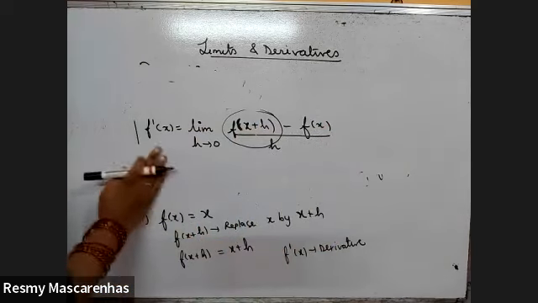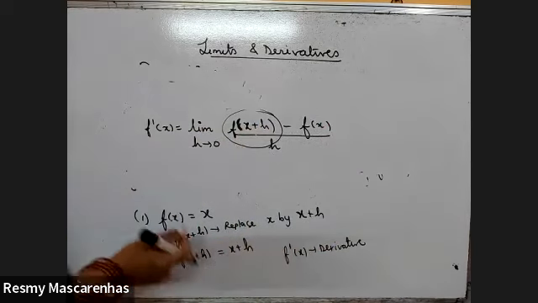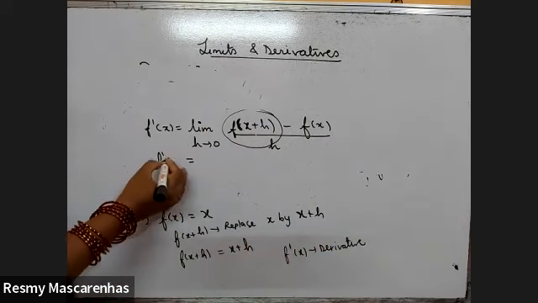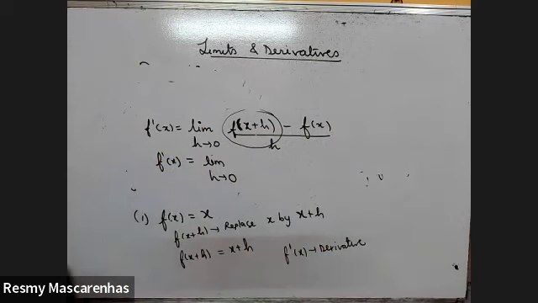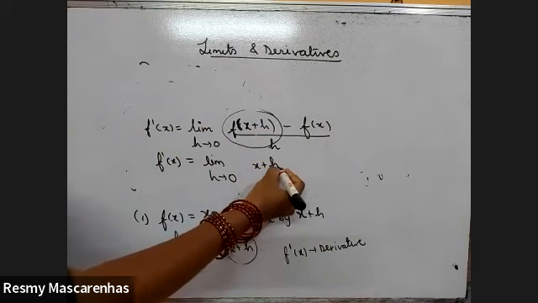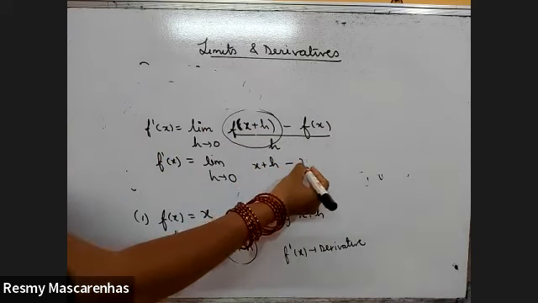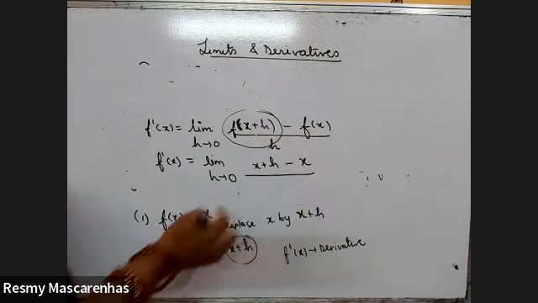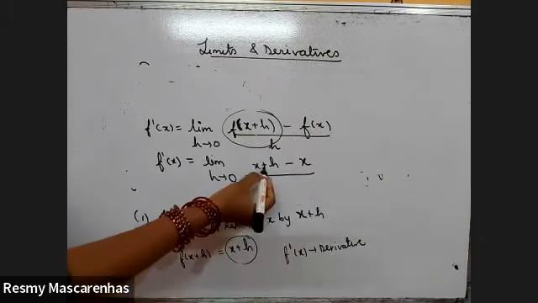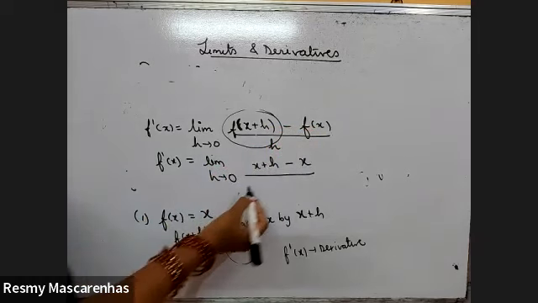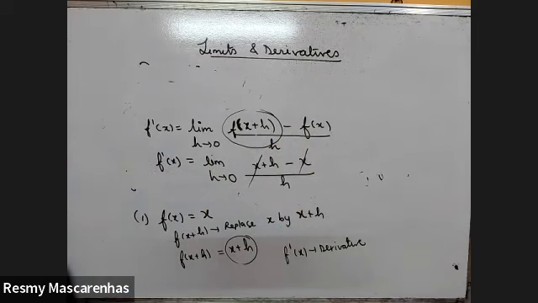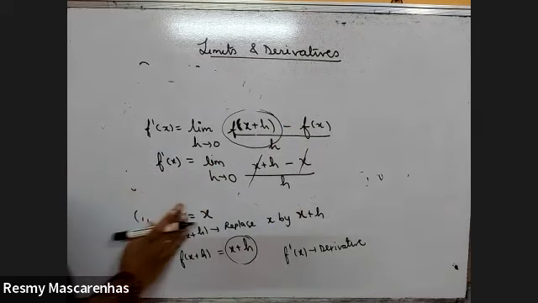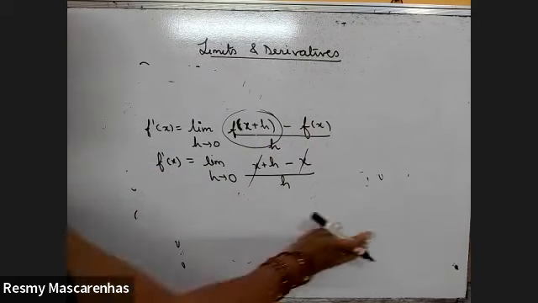Now we'll do the substitution. Write this formula here and now substitute. So I'm finding f dash of x, limit h tending to 0. What is f of x plus h? Let's substitute. What is f of x? x. Put the values. f of x plus h is nothing but x plus h. And what is f of x? x. So x and x will cancel. What answer we'll get is